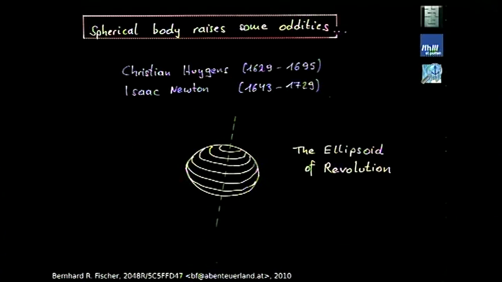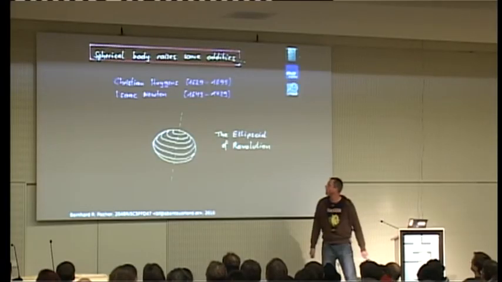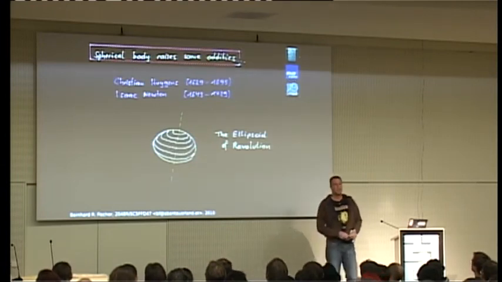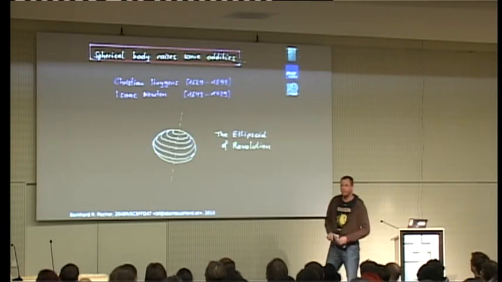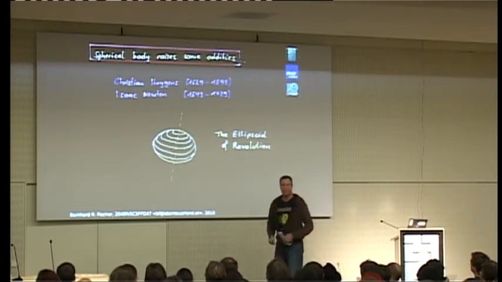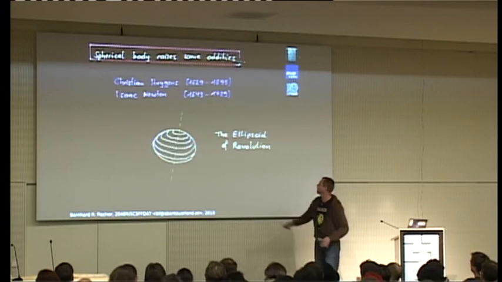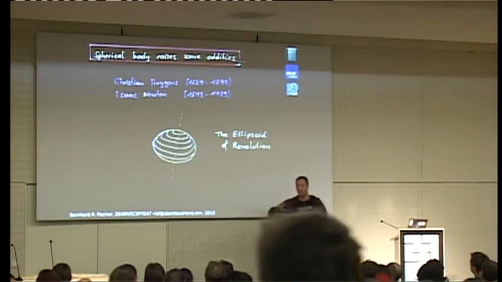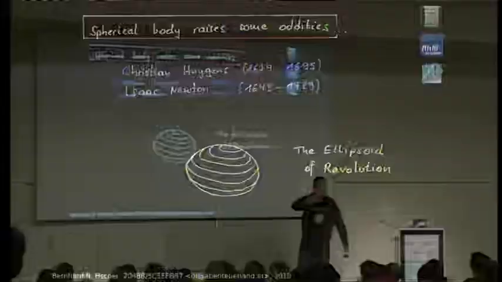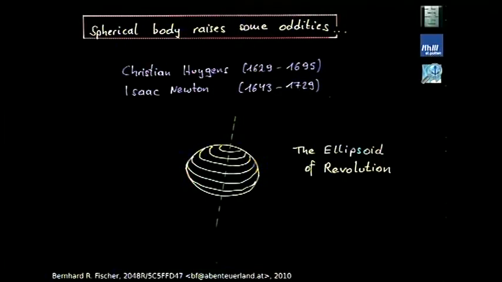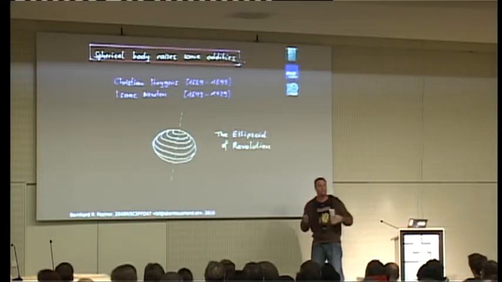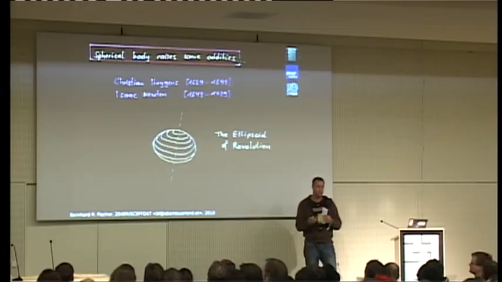And if we go a little bit further in history, there are those two guys, Christian Huygens and Isaac Newton, I think most of you know very well. And they suggested, no, the Earth isn't a sphere, it's something like an ellipsoid, and it's called the ellipsoid of revolution. So it's a ball if you just squeeze it a little bit, something like that. Okay? So it's a perfect model because it's a mathematical model and you can do calculations and math with it, okay, very easily.